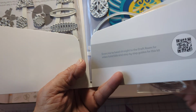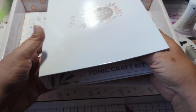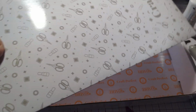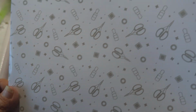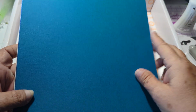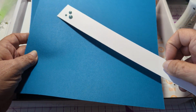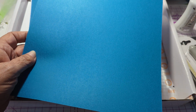I think this is going to be a fun one, and we'll do one later. Okay. The papers. Sometimes the papers can be as good as the goodie bag. Okay, so wow, that's pretty, right? Oh, again, it looks really dark for you, and it's not. It is kind of a turquoise color. Let's see. From what I can see on the screen,